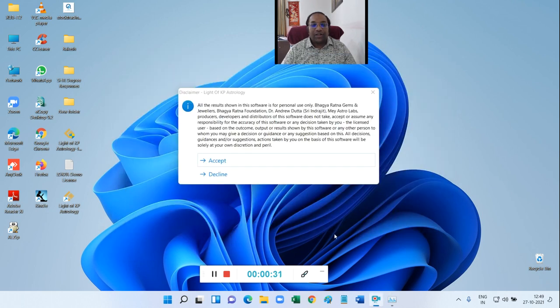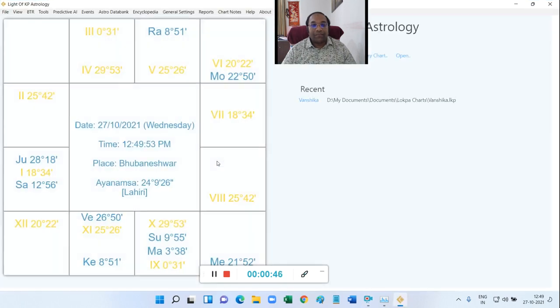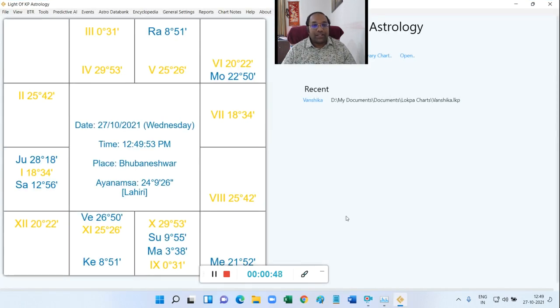So once the software launches after a little bit of time, because it is for the first time that the software is getting launched, it will give you this disclaimer window. And in fact, every time the software starts, there is a disclaimer that you should accept. Once you click accept, it is going to take you to this screen, and you will be able to start your software. So this was the installation instruction for Windows 11.